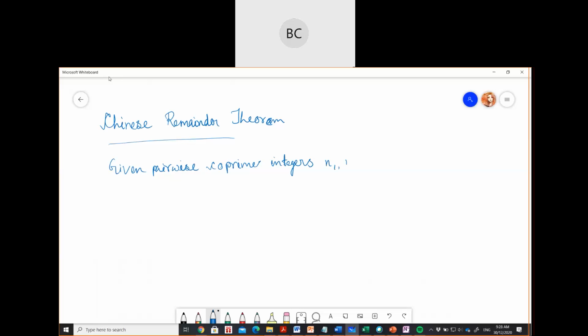Suppose n1, n2, and nk, and arbitrary integers a2 up to ak, the system of